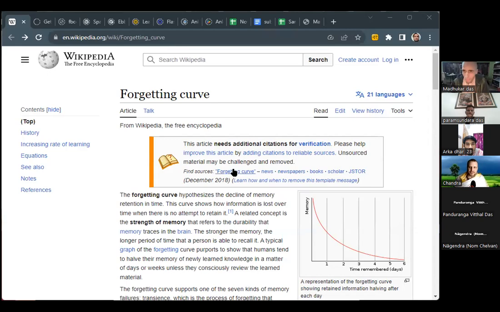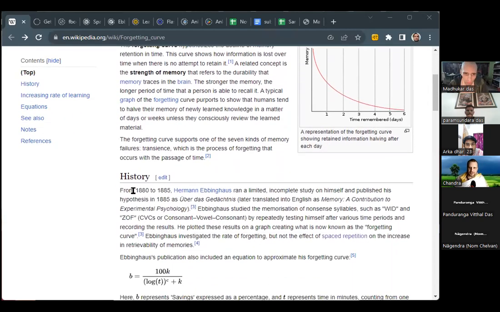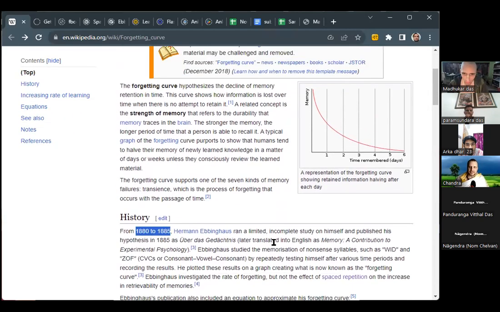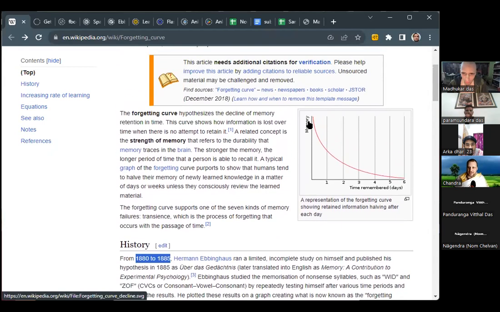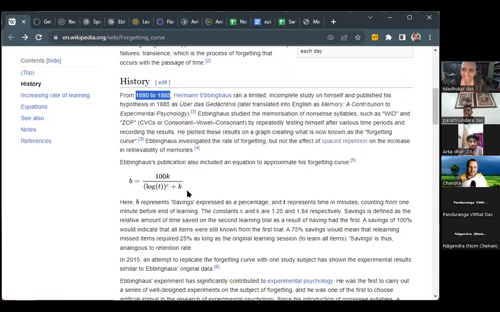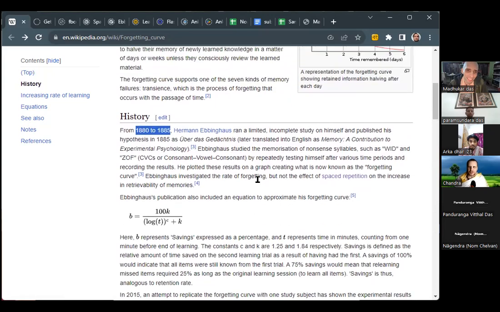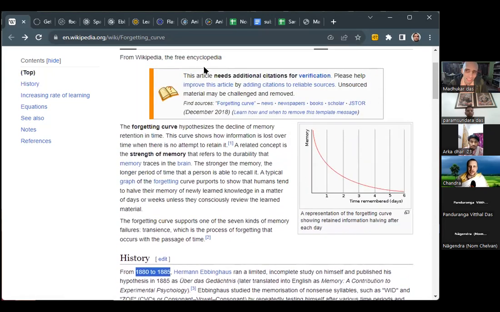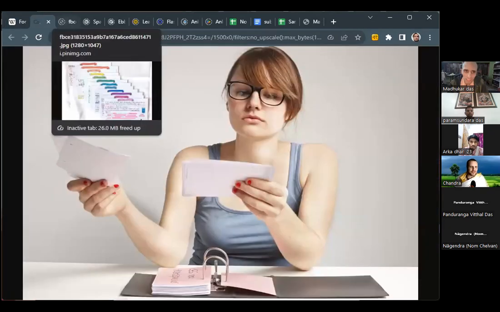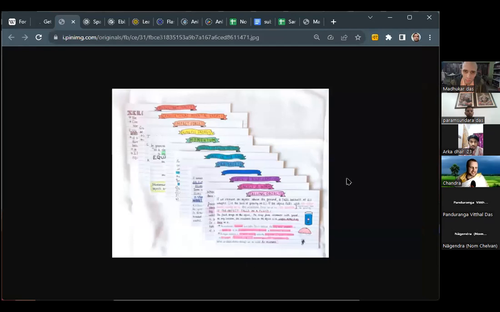So this research has actually existed for more than 100 years. This idea that we forget things at a fixed rate. I wonder if that rate would change as Kali Yuga progresses. Anyway, there's a formula here that's been known for quite some time. So based on this formula, there's been a lot of research into methods.